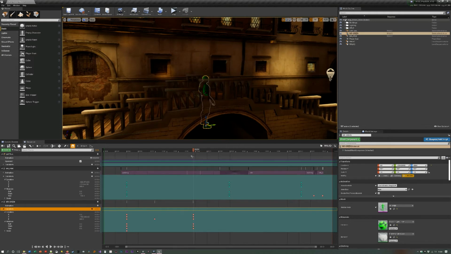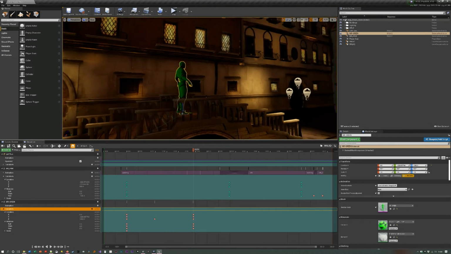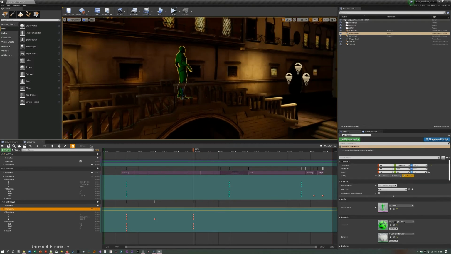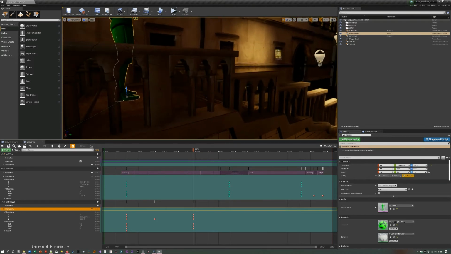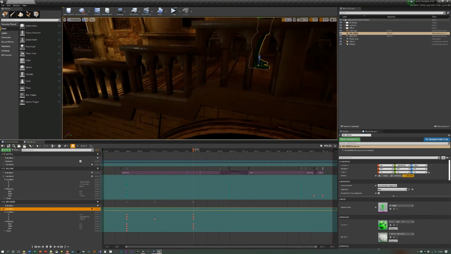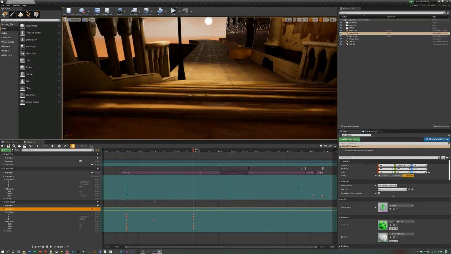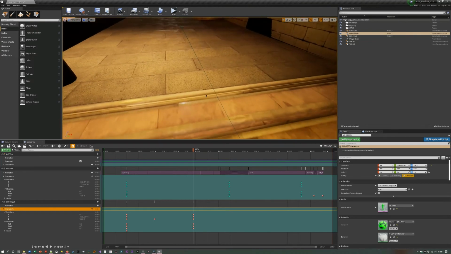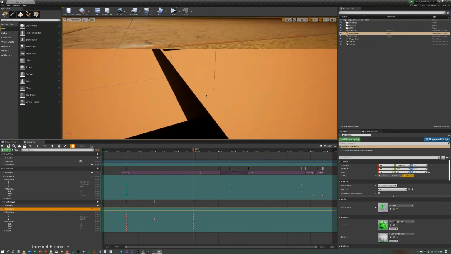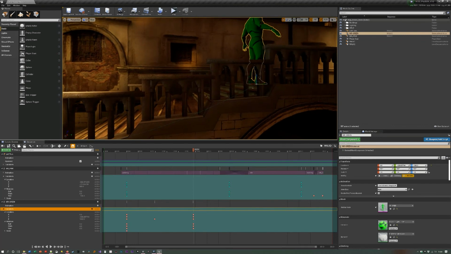Okay, there. Now what I'm going to do is take this character up. I think around about 1,000 should do it. Have a look. Is that too high? No, that's about right. And yeah, so I've got a keyframe at the bottom of the steps, and then I'm going up the steps there